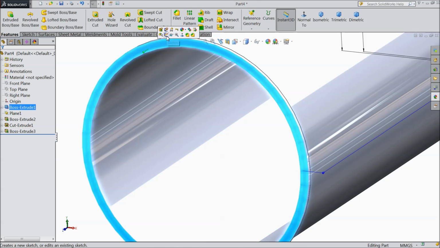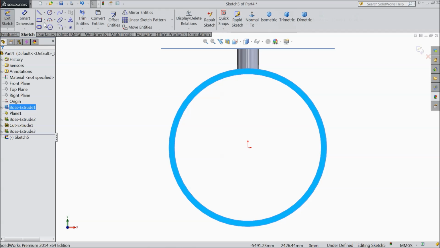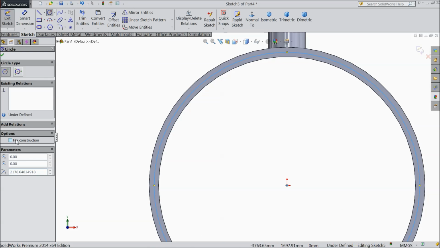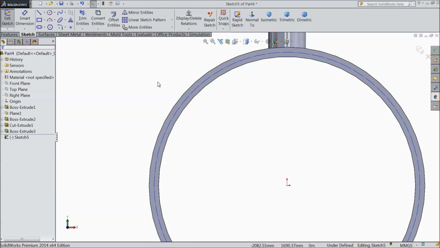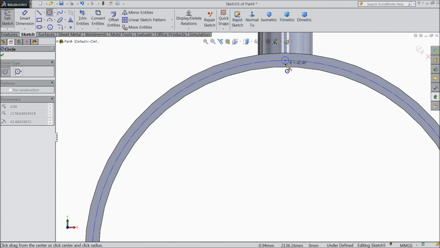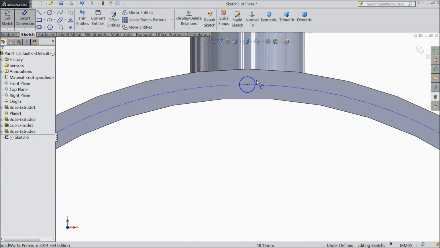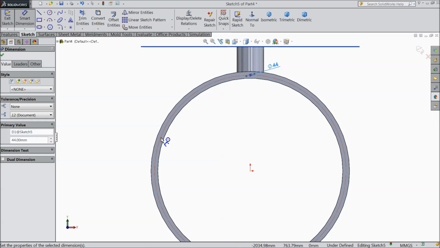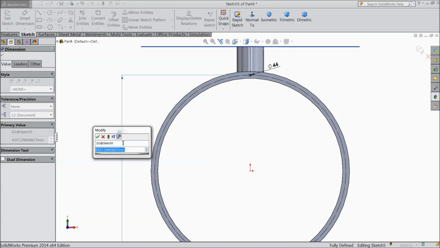Now select this face, sketch normal. First draw a circle and select here for construction. Okay, now select one more circle and here at the center point draw a circle. Now assign the diameter 44 mm. This is the hole for bolting, and keep the bigger diameter 2196.0235 times 2. Okay,